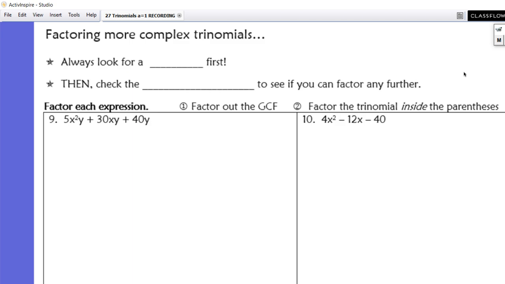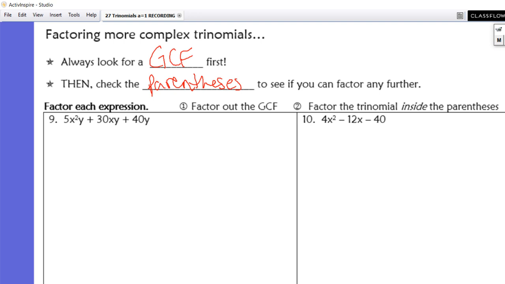Alright, so if we're factoring more complex trinomials, we are going to always look for a GCF first, and then we're going to check the parentheses to see if we can factor any further. And for these two problems, both of them are going to factor further. So we're reviewing a little bit from our first day, and we are also doing the trinomials to get an extra example. So the first thing I'm going to do in problem 9 is I'm going to look for a GCF. So I'm looking at all three terms,